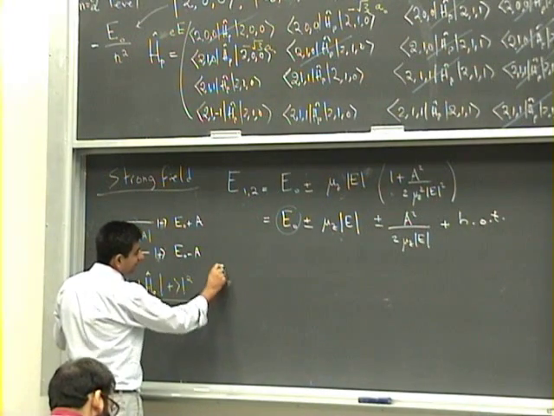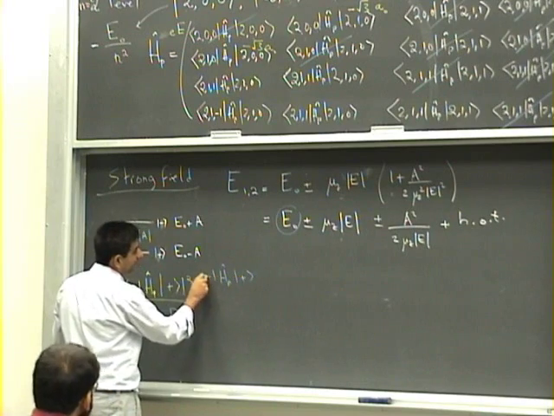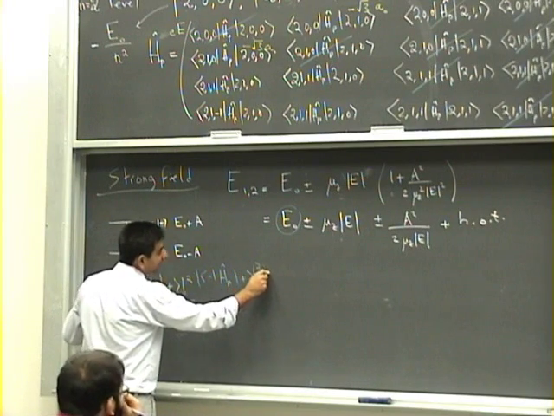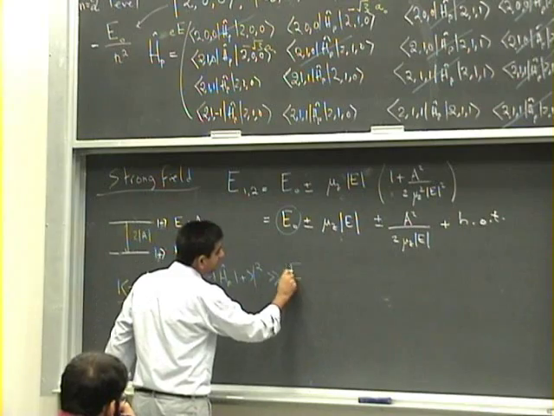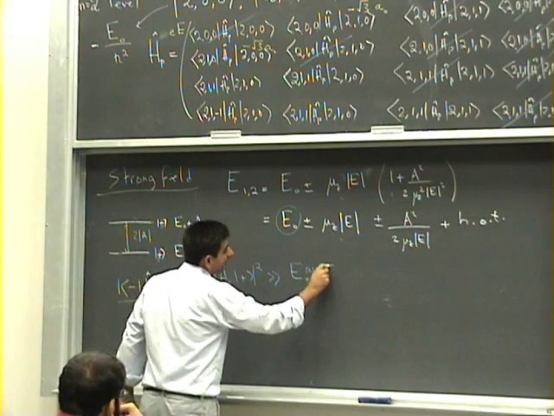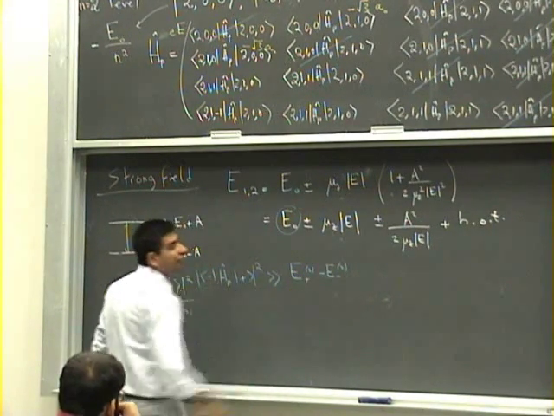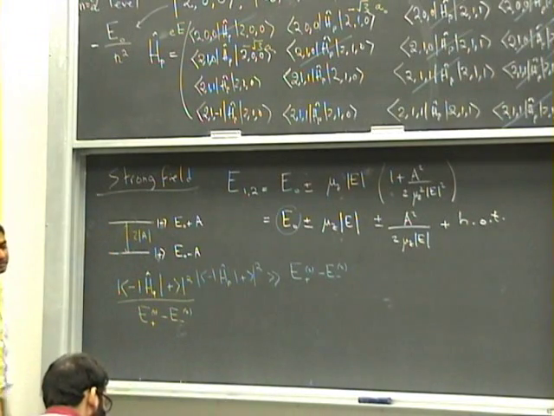So if H_P plus minus modulus squared is much larger than the separation of unperturbed energies, then we cannot use non-degenerate perturbation. We have to